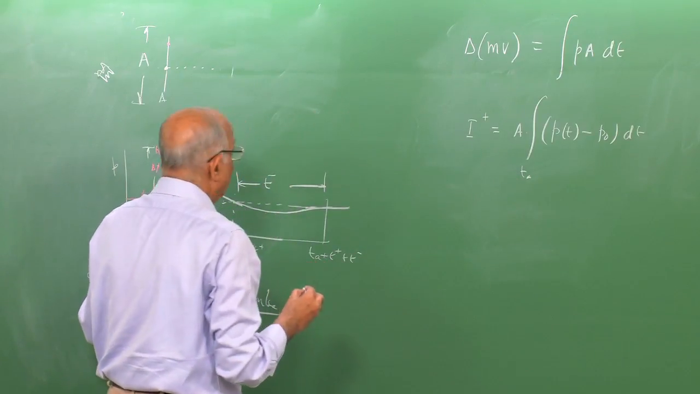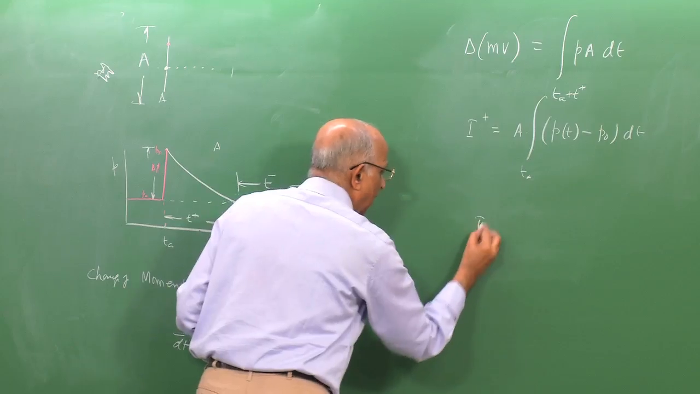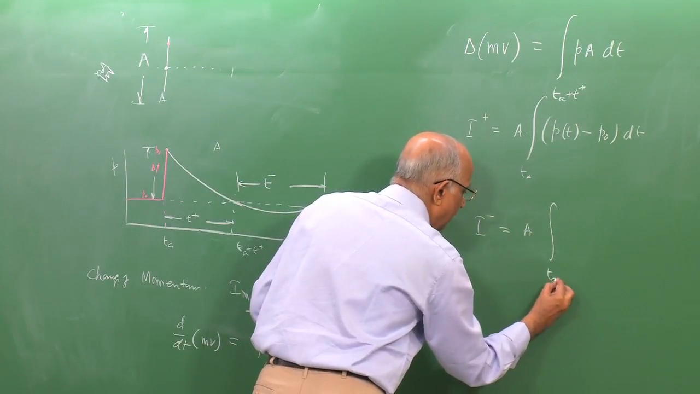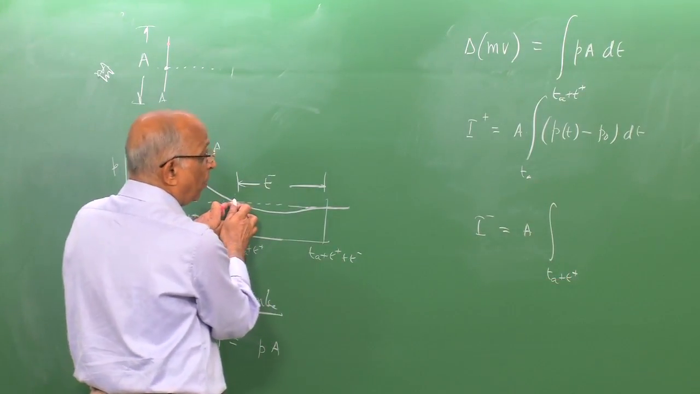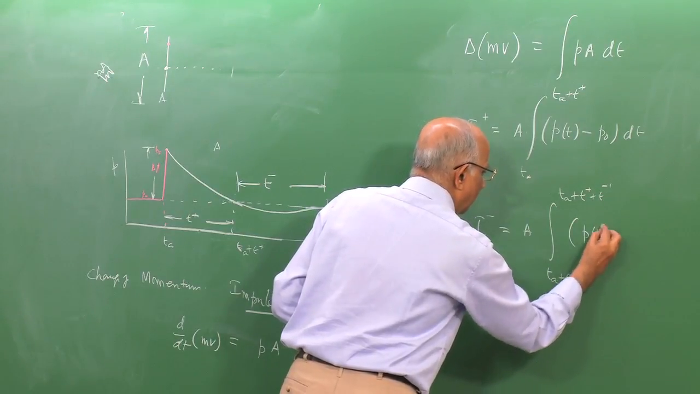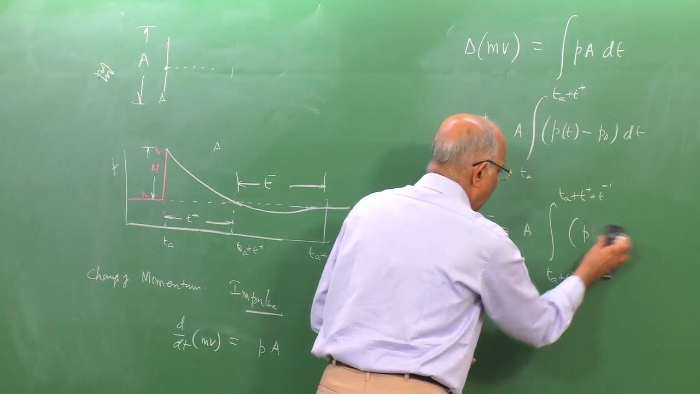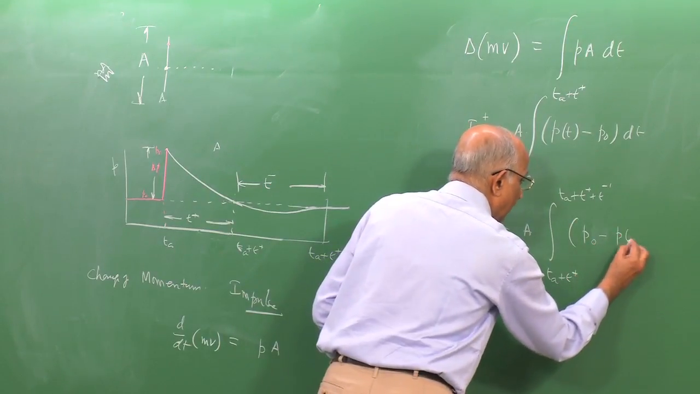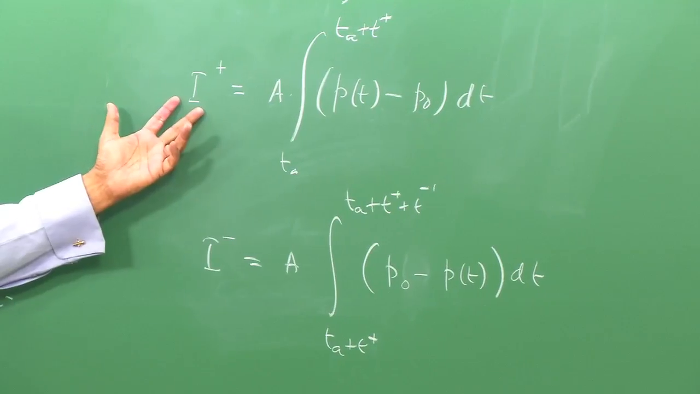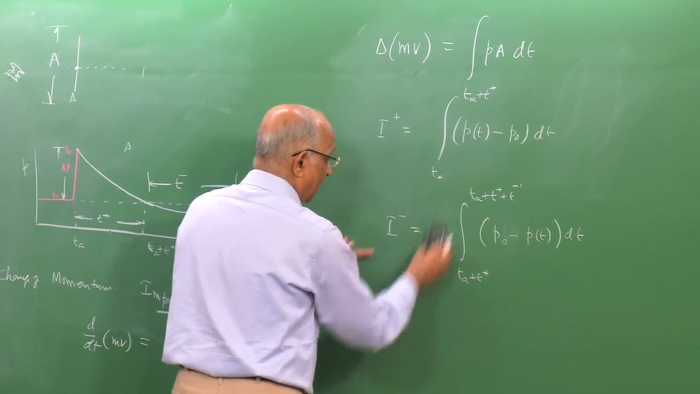over the time between the arrival of the shock at time t a to the time t a plus T plus. Similarly, I get a negative impulse or momentum in the opposite direction, which is equal to A into the integral from t a plus T plus to t a plus T plus T minus, of P 0 minus P t into dt, because the pressure is now lower, and I am talking in terms of negative impulse. Instead of looking at the area specifically, I can use specific impulse, that is impulse per unit area, and I can write the negative specific impulse per unit area as this value,